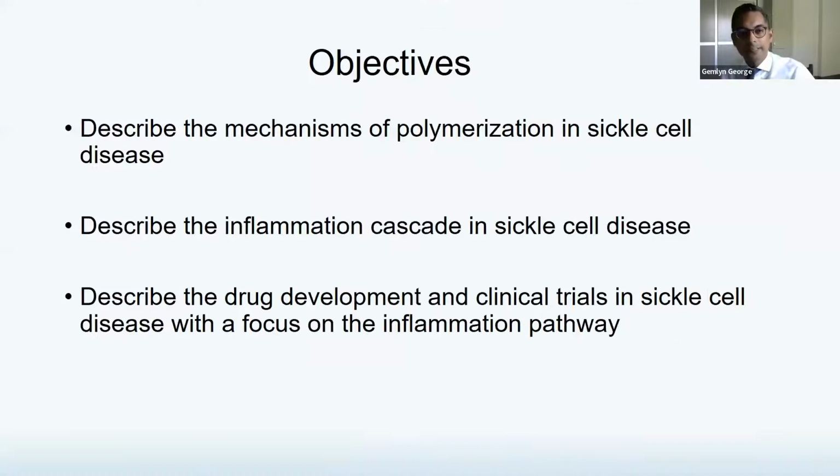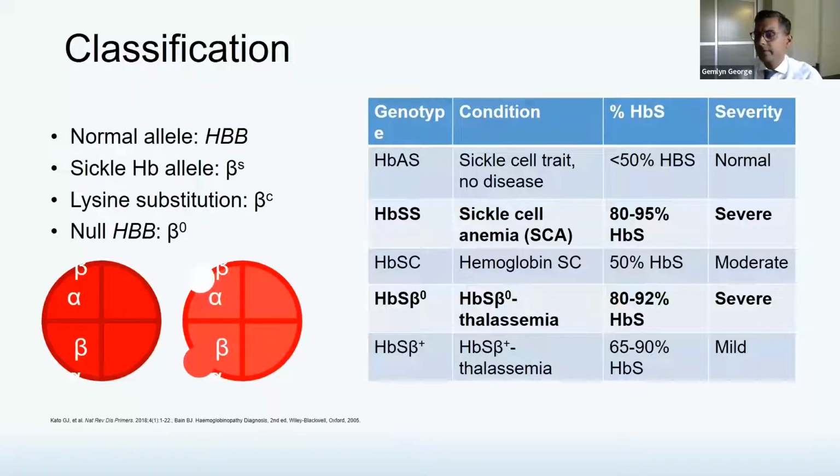In today's symposium, my objectives are to describe the mechanisms of polymerization in sickle cell disease, talk about the inflammation cascade in sickle cell disease, and describe the drug development and clinical trials in sickle cell disease, with a focus on the inflammation pathway, which I feel has not really been talked about in the last few years. So, quick recap. In general, excluding other rare hemoglobin combinations, there are 4 major combinations or possibilities